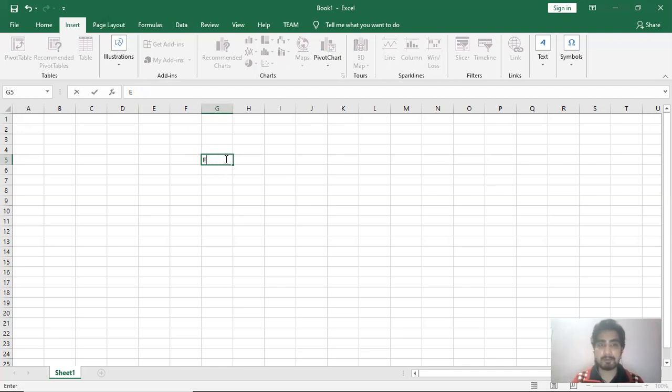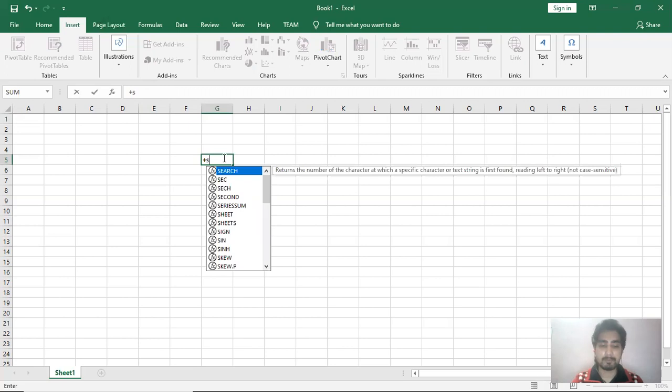Or else if you have written any formula in your Excel worksheet, then the formula bar will display that formula.